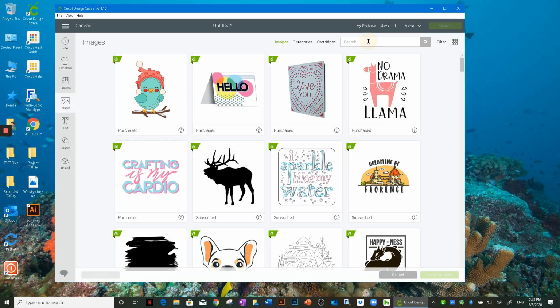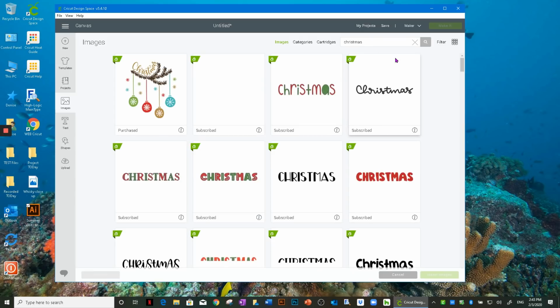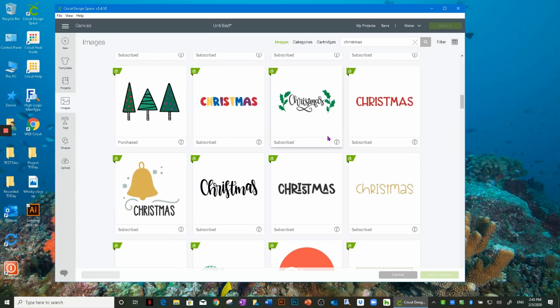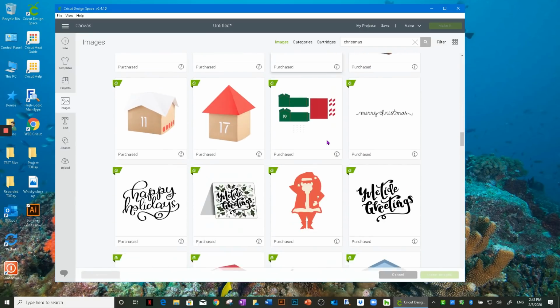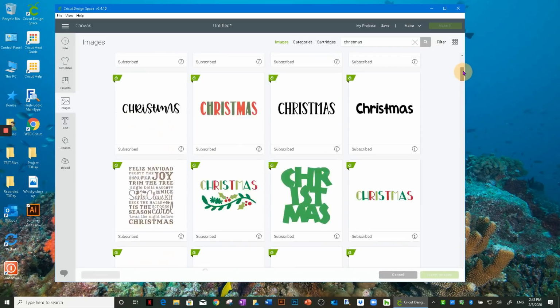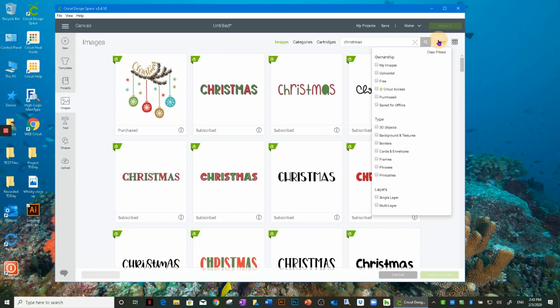On the filter, let's just say I want to do something, let's say Christmas again. Okay, so there's a ton. I mean, this will just go on and on and on. Sometimes you really want to try being specific on what you want unless you're looking for a very broad category. But then we have the option to filter. Maybe I want to look for Christmases and something to do with Christmas